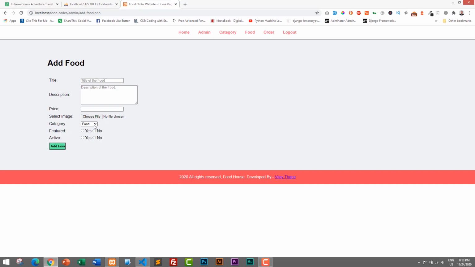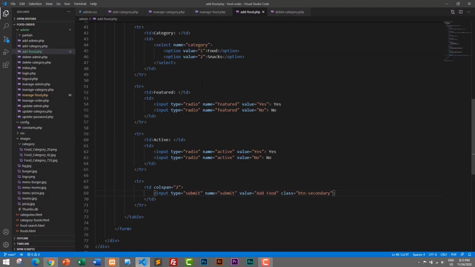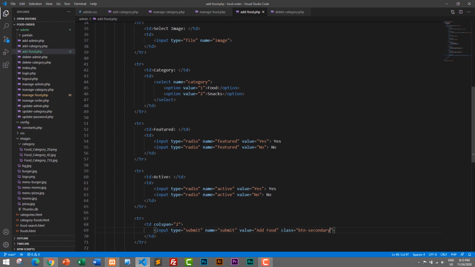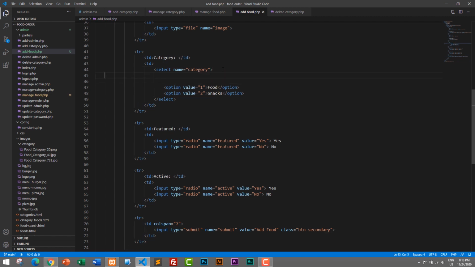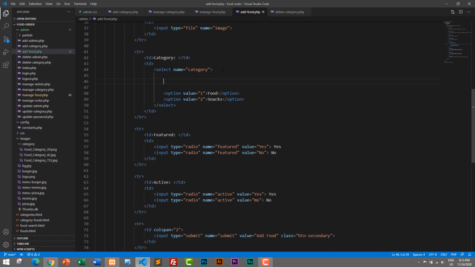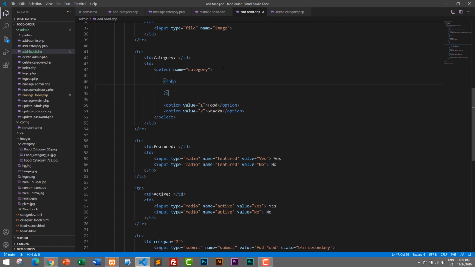So I'll go back to our code editor and let's go to our category section. So here, instead of adding manual options, we need to display them from our database. Okay, so after this select and before option, I will make some space to add PHP code so that we can get these categories from database. So I will open PHP, close PHP, and here we will create PHP code,